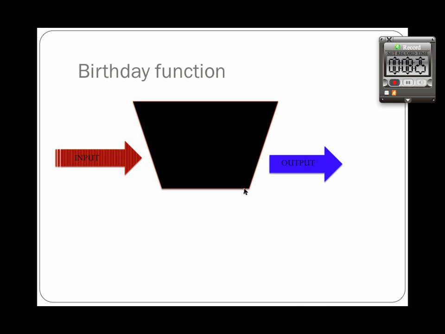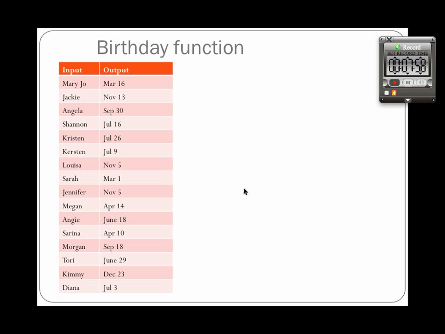Okay. Now let's look at a birthday function. The example of birthday is really going to help us illustrate what makes something a function or not a function. So let's say we put in a name, in this case Mary Jo, and then it gives us an output, March 19th. We'll do a couple more. Kristen gives us July 26th. Serena, 10th. Kirsten, July 9th. Let's say I did this for the entire class, and I have an entire list of inputs here, which are all of the names, and then a list of all the outputs here,